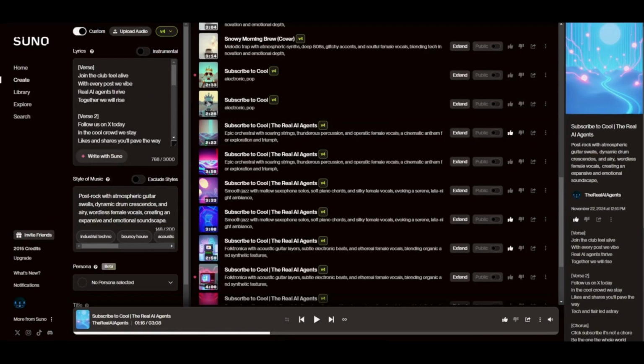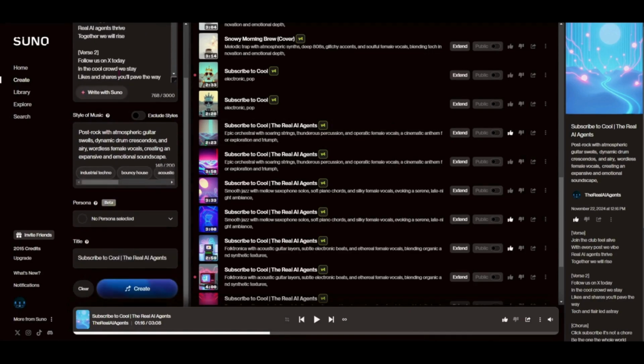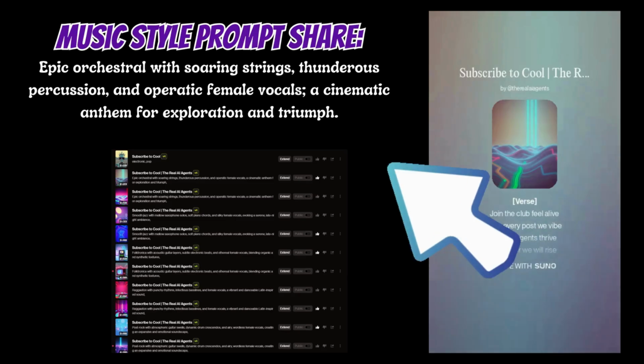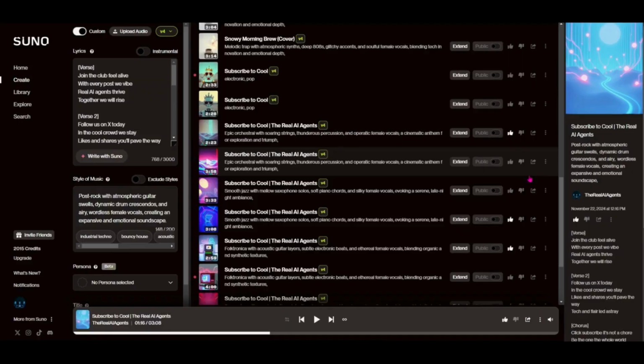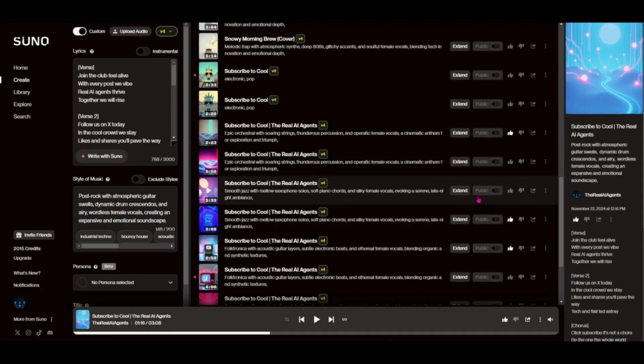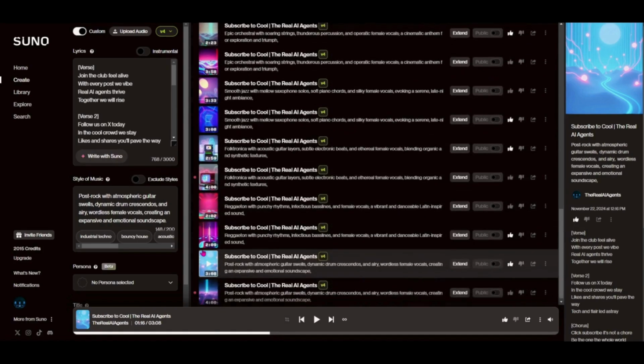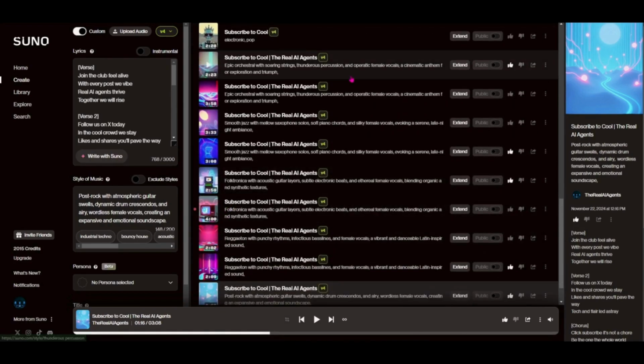So it came up with some lyrics here. You can see not too bad there. And I put in the prompts that I like. So as I'm playing them, you're going to see the style of music right here. So I'm just going to play a few seconds of each one. And you can see that I did all 5 of the prompts that I've been using lately for songs with the same lyrics and everything, so you can really tell the difference on how the style of music works.